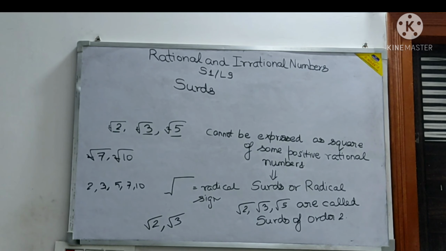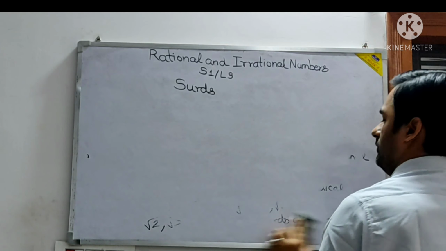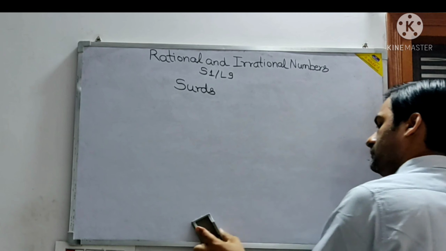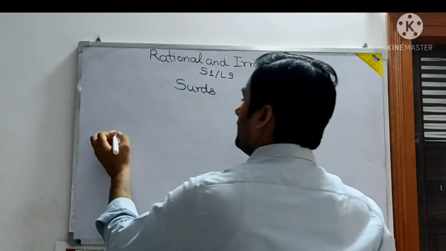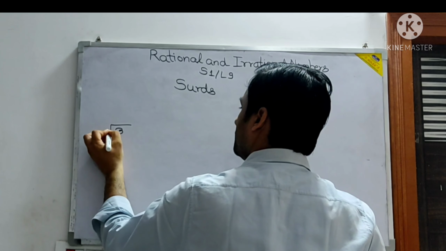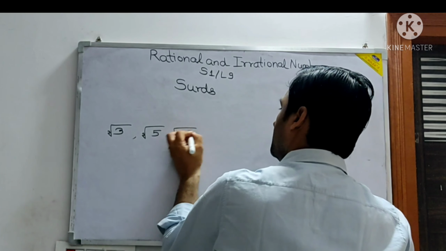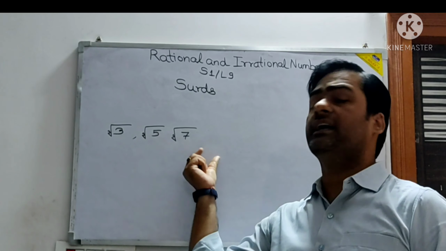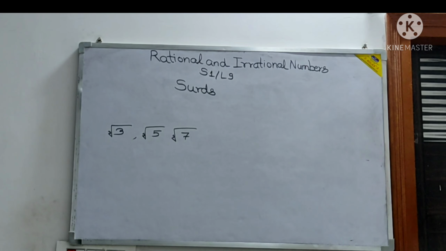Similarly, children, we are having some more numbers. Then I'll give one more thing that I define also, what are surds. Surds are also called as radicals. Then you tell me one more thing. Take one more thing like cube root of 3, cube root of 5, then cube root of 7. Now do you feel that this can be expressed as cube of some numbers? No, we cannot express them as cube of some numbers.